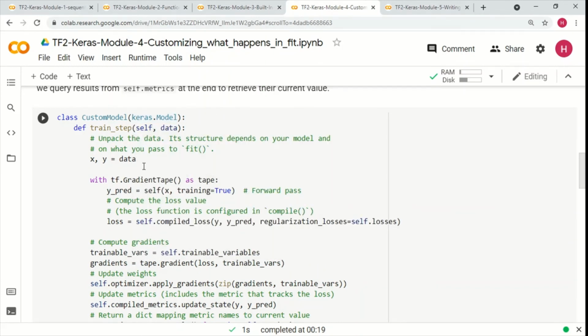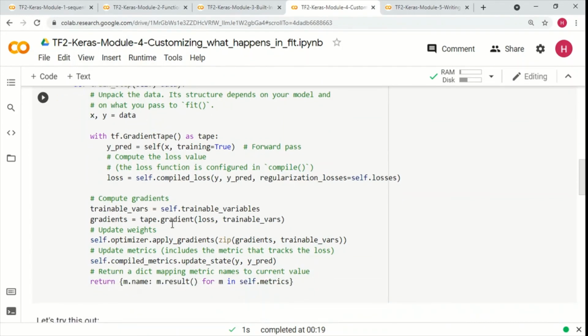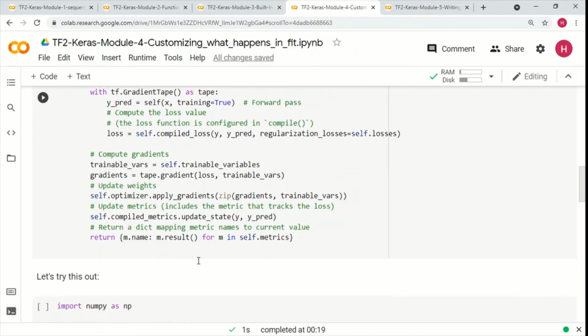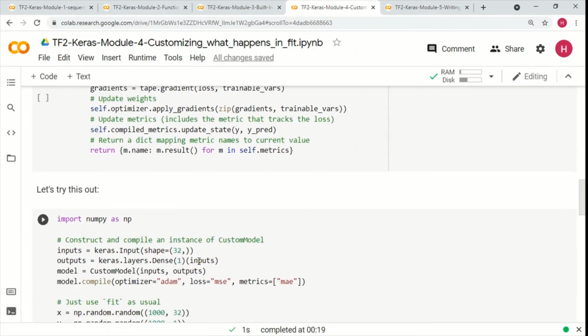Within this method we can make whatever changes we want, and as we discussed earlier, we have access to the trainable variables as self.trainable_variables, the loss function as self.compiled_loss, self.optimizer, and self.compiled_metrics. All these things are available to us.